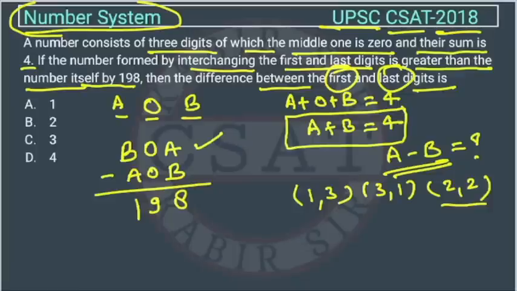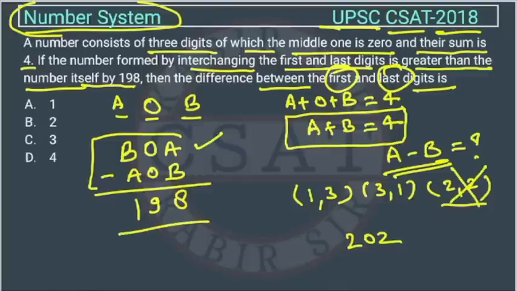ओके, नाउ अगर आप देखो 2 इंटू 2 दोनों की वैल्यू 2 2 हो सकती है क्या, अगर ऐसा होता तो ये दोनों नंबर चेंज करने के बाद सेम बनते, क्योंकि फिर पहला नंबर हो जाता 202 और चेंज करने के बाद भी 202, तो उनका डिफरेंस 198 नहीं आता, सो ये भी पॉसिबिलिटी नहीं है। तो पॉसिबिलिटी क्या हो सकती है, ये या ये, राइट,